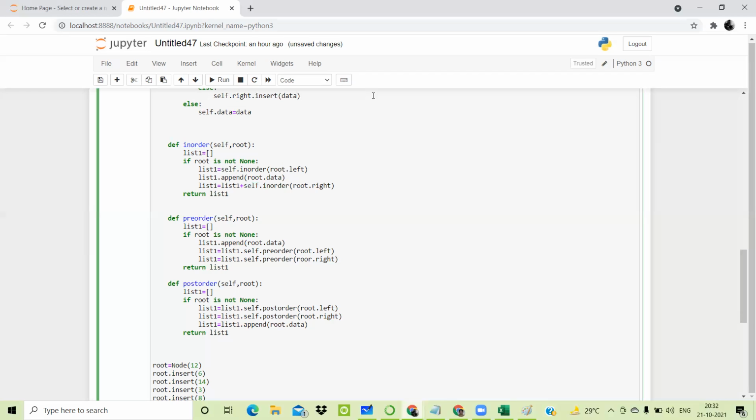There is some issue in indentation, but I have given all the indentations correctly.